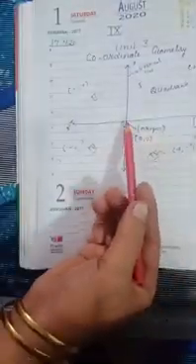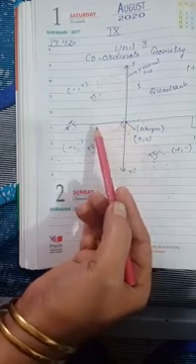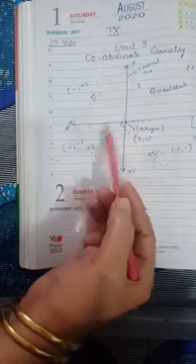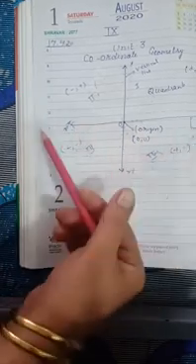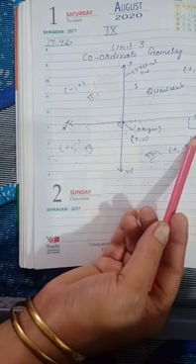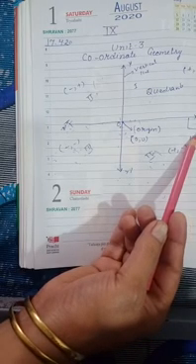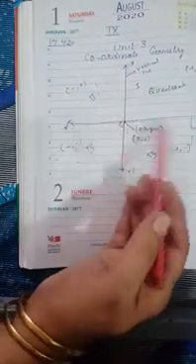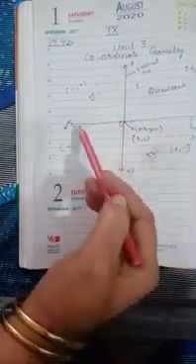The next point is (-1, 0). (-1, 0) means you move towards your left side for the value of x, and the value of y is 0. Which axis is this? That is the x-axis. As already told, if the value of y is 0 and only x is given, it will lie on the x-axis. If the value of y is given and the value of x is 0, it will lie on the y-axis. So (-1, 0) will lie on the x-axis. I think the sum is clear to you.